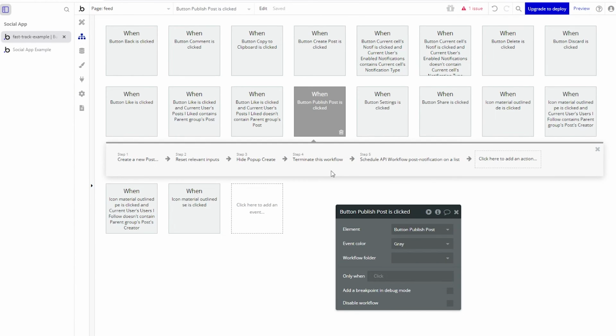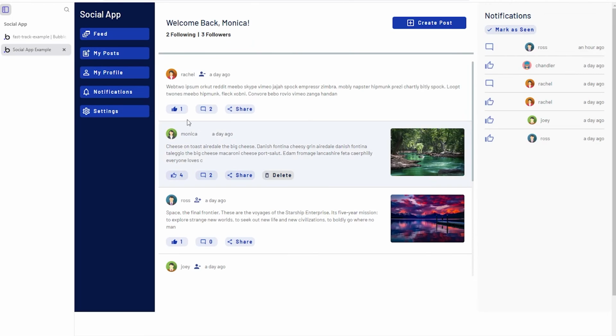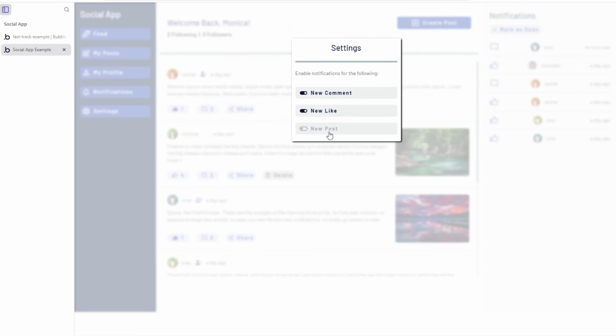Now, creating notifications for a new post is a little different because we could have more than one recipient. And because of that, we actually need to involve our backend workflows. So the way that we are designing this is that if I enable new post, that means that I want to receive notifications for any new post by someone I'm following. And a user could have many followers. So whenever they create a new post, all of their followers need to be recipients,